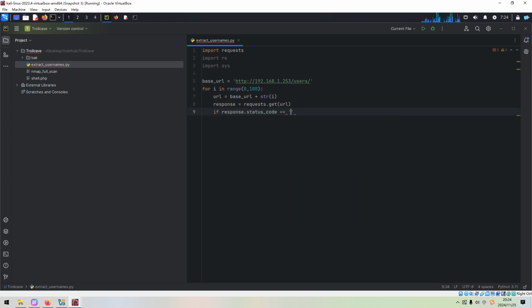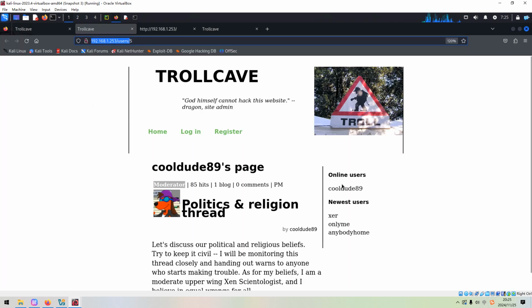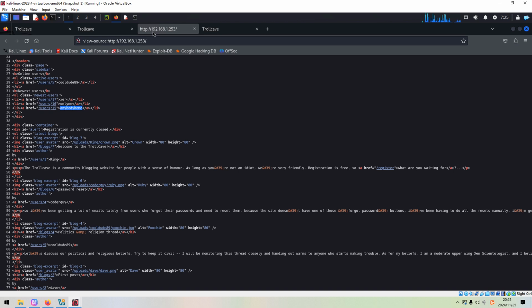If 200, it means that the request is successful. Then we can print out the user ID, the i, and also we can extract the username and the password. Oh, sorry, not password. The membership.